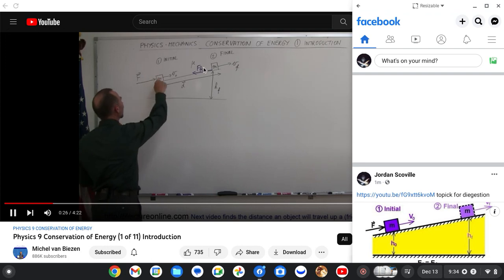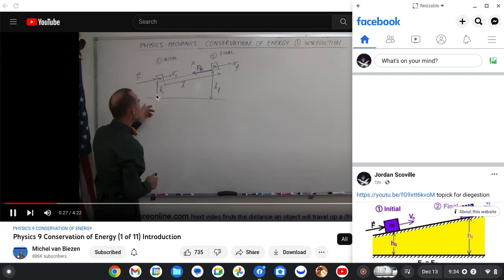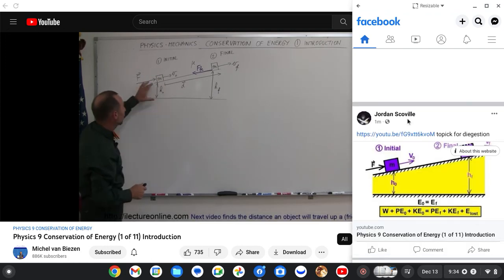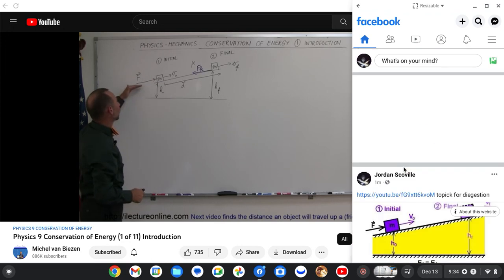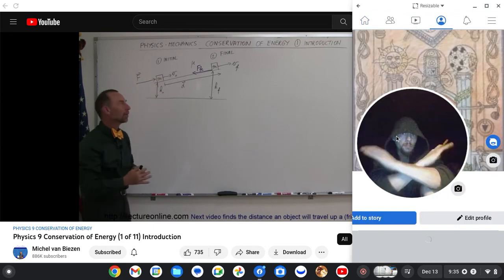Here is an object that has mass, m, and it will be in some position, maybe at some height above the ground, with some initial velocity, and maybe some forces pushing it. So this is the initial state of the object,